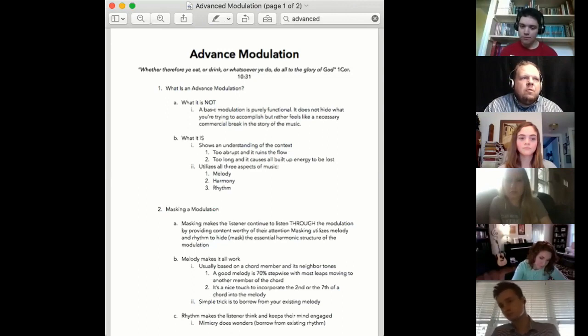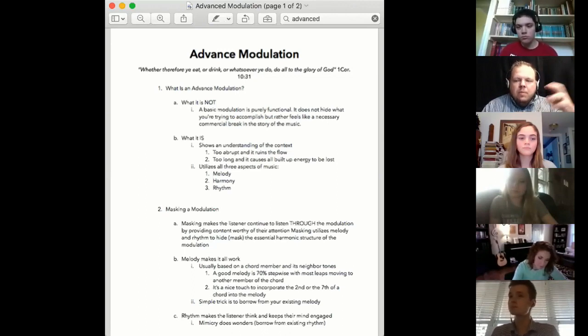So if you're wondering what can I do to build a melody, you might even just start with those chords. And a simple trick to building a melody, whether you're building one or whatever you're trying to do to mask your modulation, is to borrow existing melody. Now that doesn't always work. If the existing melody is boring, please don't borrow that. But for example, I'm going to borrow this very common theme,